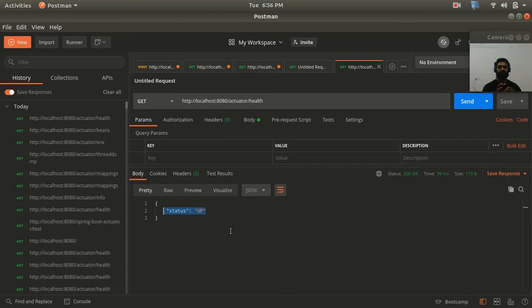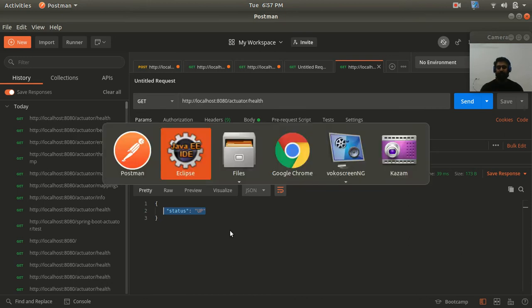Let's say that I have Wi-Fi in my local machine, and if my Wi-Fi is turned off or my internet is not working, then it should provide some information like inactive internet connection. Or if my internet is working fine, then it should provide the response as an active internet connection. So let's see how to implement a customized health metric.